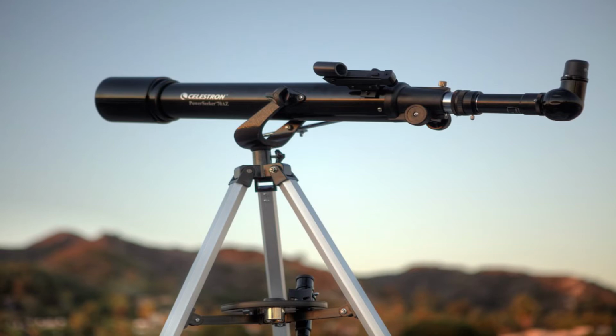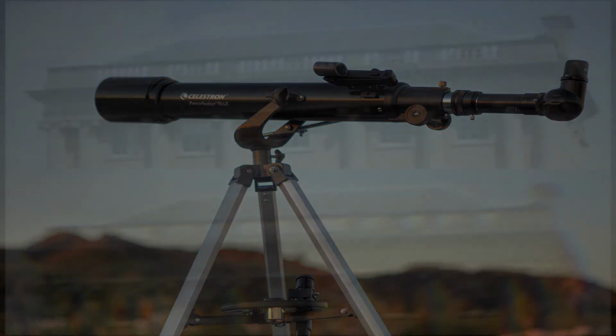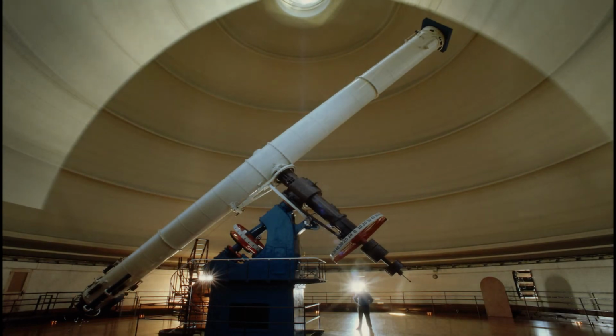Refractor telescopes are great. Their simple design makes them easy to use and care for, but they do have some disadvantages. For instance, refractors have issues with objects that are really, really far away. Their design leads to something called chromatic aberration, which is just a weirdly colored halo that appears around objects, distorting their appearance in our eyes. This aberration is fixable, but to do so, you have to extend the length of the telescope tube. This can be troublesome for deep sky objects, which leads us to the other main type of telescope,